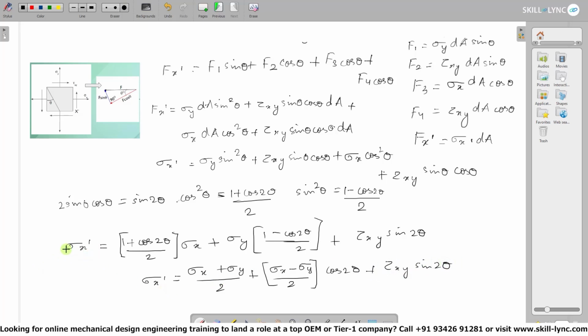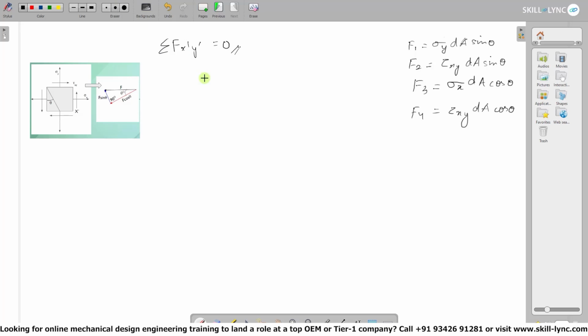Now we've got the equation for sigma x dash. Now this is for the x direction. The next one we'll be looking at is the y direction. Summation of f x dash y dash is equal to 0. Now, due to sign convention and because it's in the y direction, we have some changes in the parent equation,